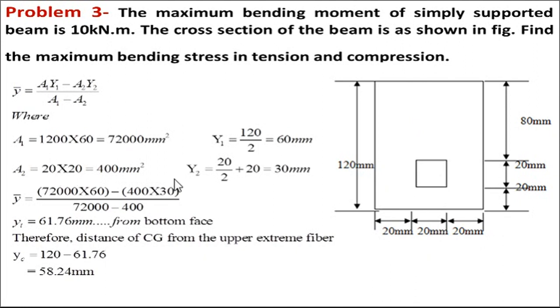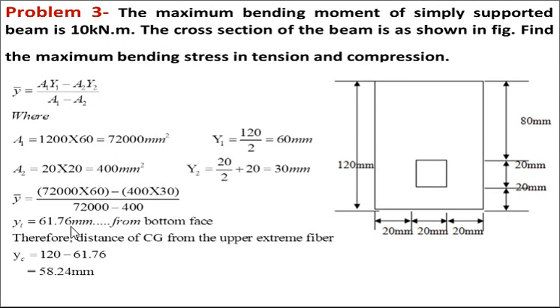A1, A2: A2 is the area of the second figure, and A1 is the area of the big rectangle. Y1 means the center of this big rectangle from the bottom. Its total height is 120, so half of that is 60 mm. For the second figure, Y2 means the center of this square from the bottom. So that central distance will be 20 plus 20 by 2, which is 10, that is 30 mm. So by putting the values in (A1 y1 minus A2 y2) upon (A1 minus A2),